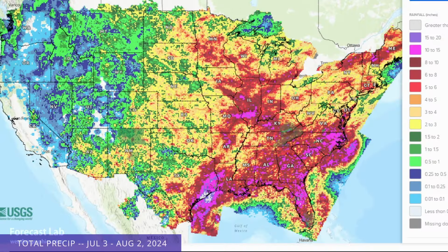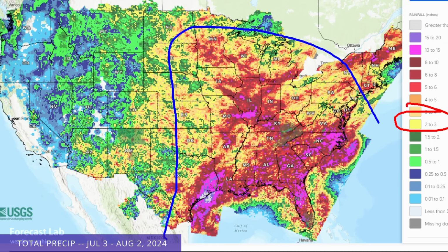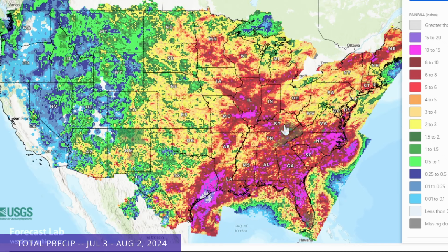Looking at the past 30 days, a lot of areas around the eastern and central parts of the country have received generous precipitation amounts. You can see that just about everywhere is yellow, and that indicates everybody's gotten about 2 to 3 inches around the east and central part of the country. Some isolated areas, red, 5 to 10 inches, and some isolated areas as high as 15 inches, especially down there